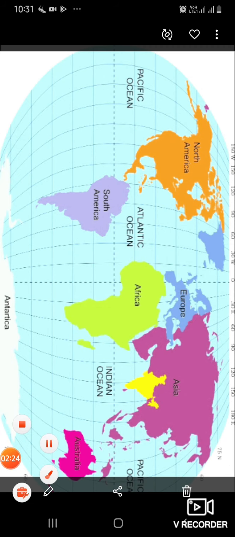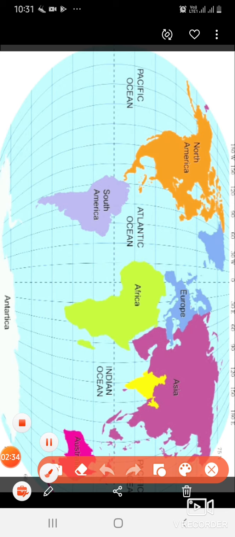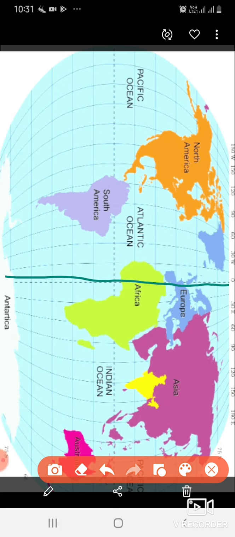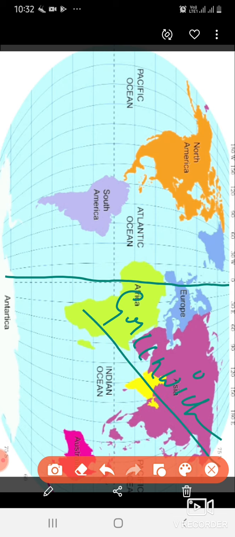The meridian opposite the prime meridian is the 180 degree longitude and is known as the anti-meridian. Now this 0 degree is also called the Greenwich prime meridian. Reason? This is passing through a village in London called Greenwich, and through this line only, because it is the prime meridian, the international date as well as international time is decided.